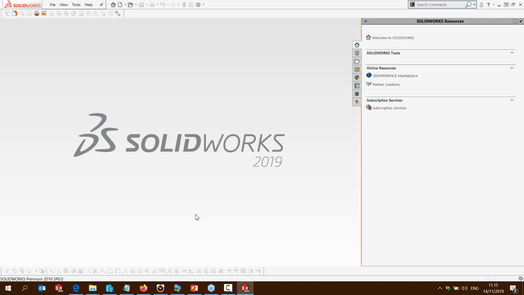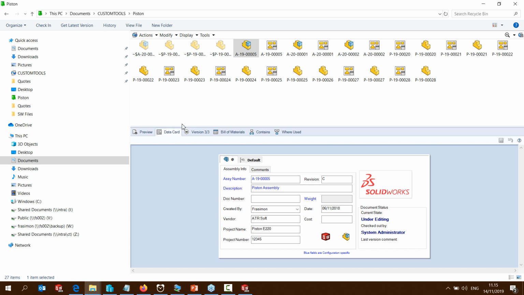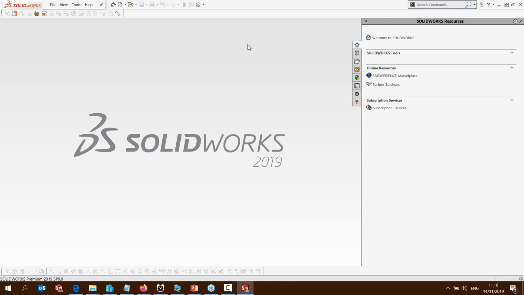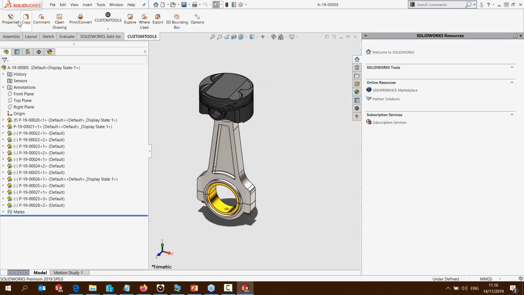Okay, next we are going to create the property pane. So basically, as I mentioned earlier, I'm using PDM. You can see here I have the PDM data card, but even if you don't have PDM, if you are using the tab builder or just the properties in SolidWorks, we can automate the creation of the property pane. And what we want to do is to also be able to bring all those values automatically. So if I now open that piston conveyor in SolidWorks,